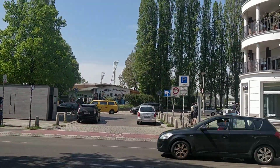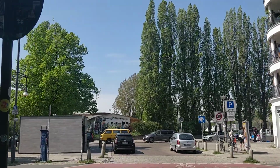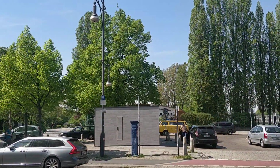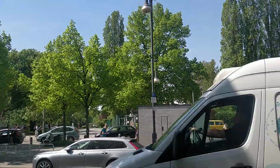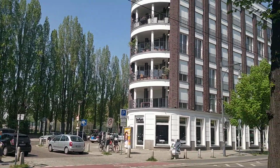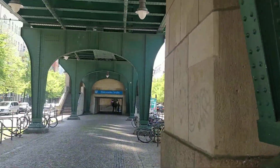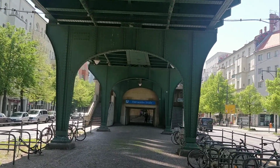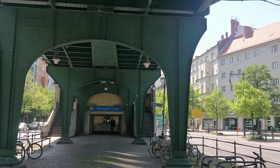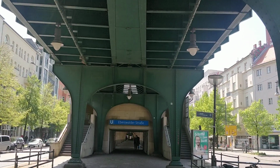There's a sports park at the other side of the street now, where you see the light towers, the white light towers at the end. Maybe not so much anymore. That's Mauerpark, where the road used to run. You could say that the old East German bits here are more interesting than the old West German bits just on the other side. And well, I could add that